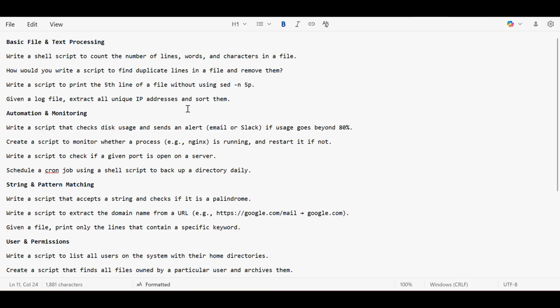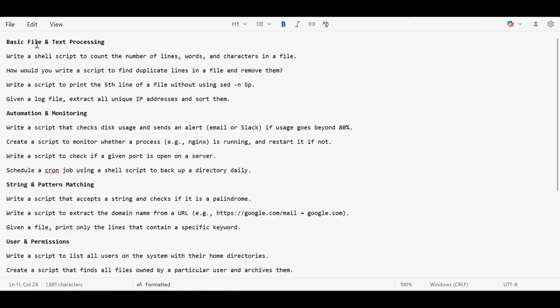So I have jotted down the questions. In my next video, we will discuss the shell script for each, so that everyone gets an idea of how it can be resolved. I would suggest try to write the shell script on your own for all these. Whatever you are not able to solve, or whatever you are getting stuck with, you can get it resolved in the next video of mine.